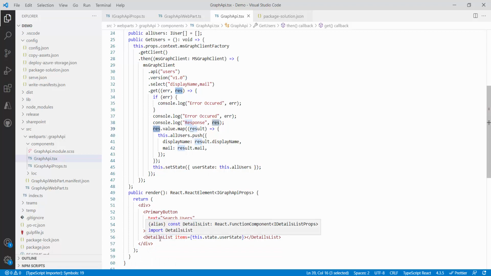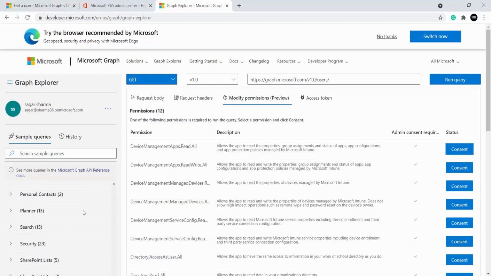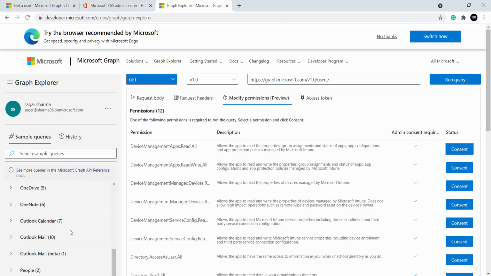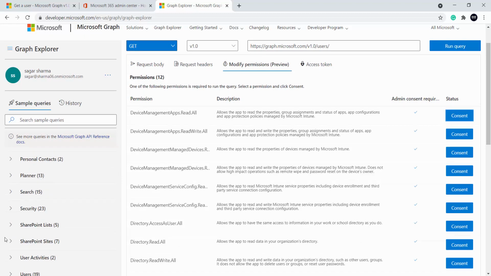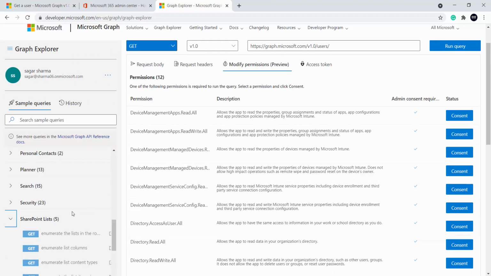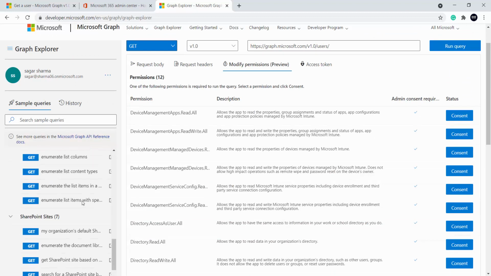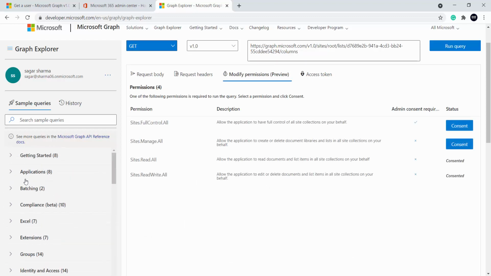So we are done. Only one part is left for this hands-on, that is how we can fetch the data from SharePoint. That we can also do very quickly now, because we will do it in the same way. There's just one thing which I want to show you. That's why I have picked SharePoint also as part of this demo. So this is SharePoint sites, and if I want to show you something, SharePoint list, I will be getting the data from the list. Enumerate SharePoint list column. Okay, I'm at the wrong place.